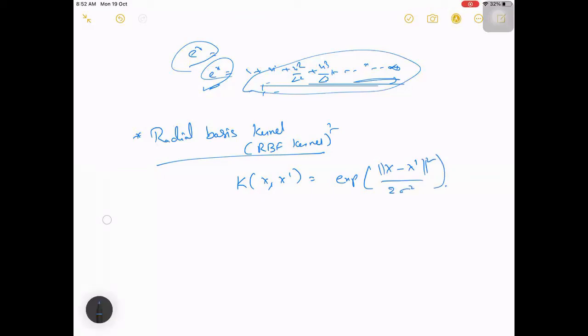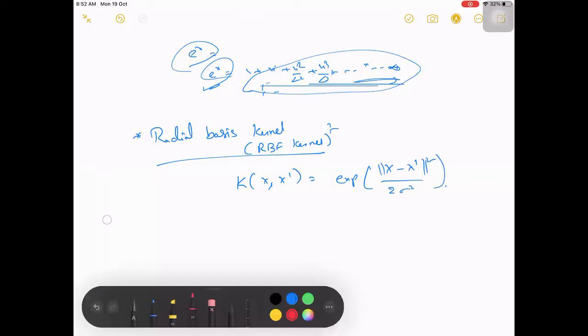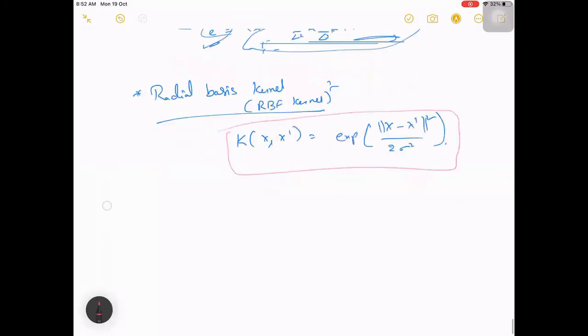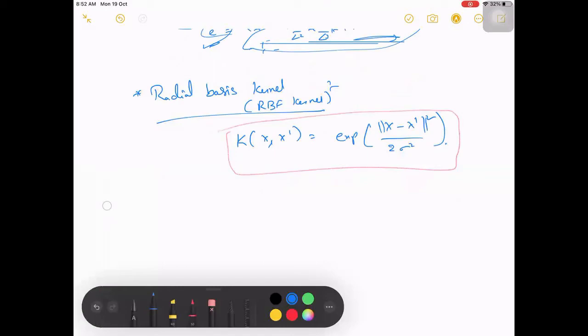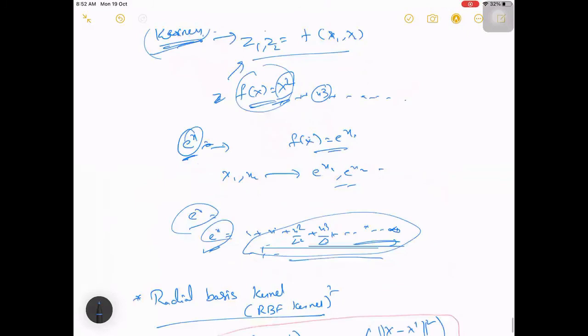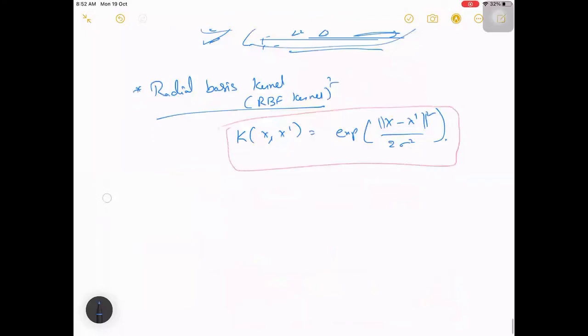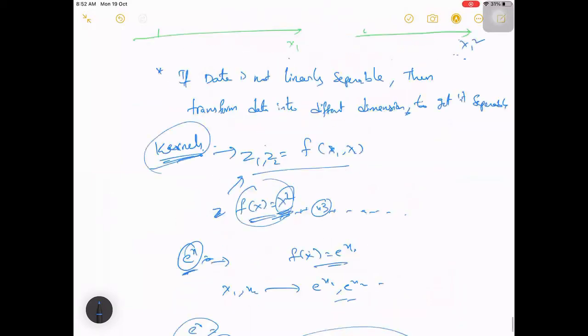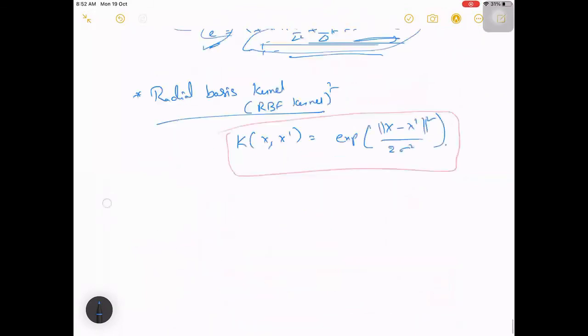The significance of this radial basis kernel is the same thing: you have the exponential, meaning the e power thing, right here. As I told you before, e power x is like 1 plus x plus x square and so on, right? Till infinite dimension. So you will be able to get an infinite-dimensional relation here as well. Previously maybe x square, if it is not sufficient, x cube, a combination of these things, right? So similarly you can have a kind of representation with infinite dimensions.